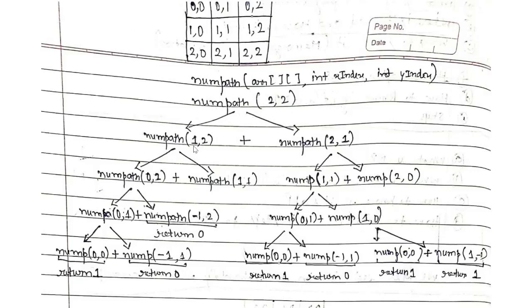So what does this 1 2 signify? Look, we have two directional constraints: I can reach 2 2 either from a node if I come down from that node, or from a node if I go right to that node. So what is the node in the current matrix such that if I come down, I will reach 2 2? Can I say it would be 1 2? So if you are currently sitting at 1 2 and you just go down, will you reach 2 2? Yes.